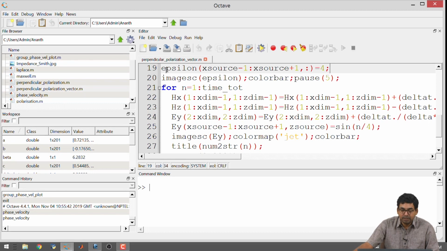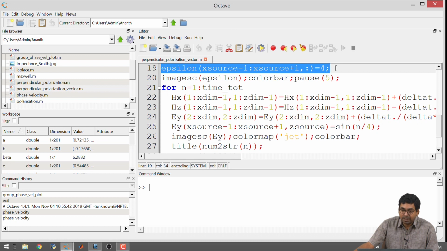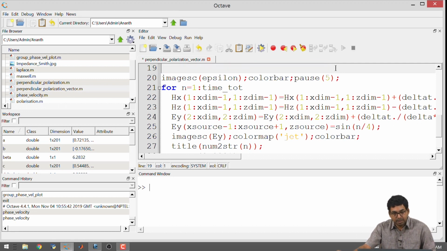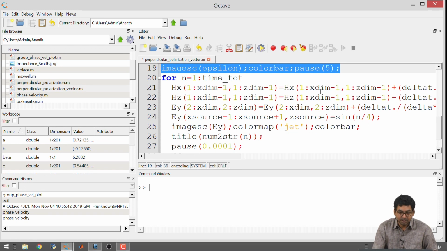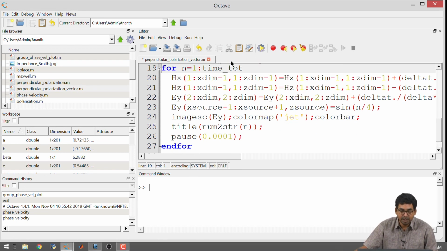I am going to the region in the code. I have the perpendicular polarization code that we recently wrote. So, you can open it if you have it. I am just getting rid of this interface because I do not want this dielectric interface. I just want a region of vacuum with 2 plates present inside of it, and then I am going to run some experiments on it to corroborate whatever we saw analytically, that is all. So, I am getting rid of this. I also do not need a plot of permittivity. So, I will get rid of this and I will save it as a new file.